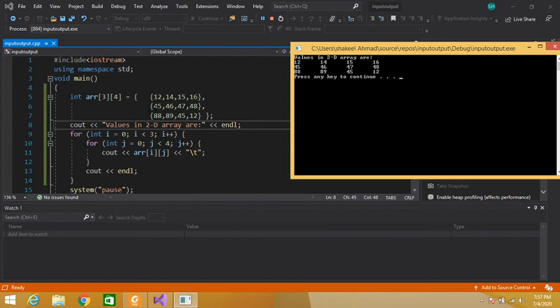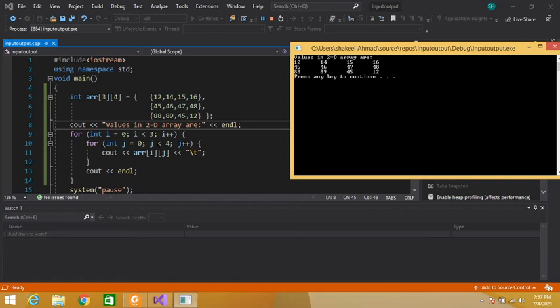This is our row number 1 and column number 3, 0, 1, 2, 3. So this 48 is displayed on the console window. Closing braces of inner loop, control will jump here again. So j becomes 3 plus 1, 4. So the value of j becomes 4. 4 is less than 4, no. So the condition becomes false.